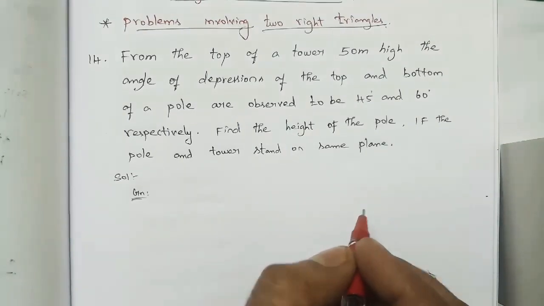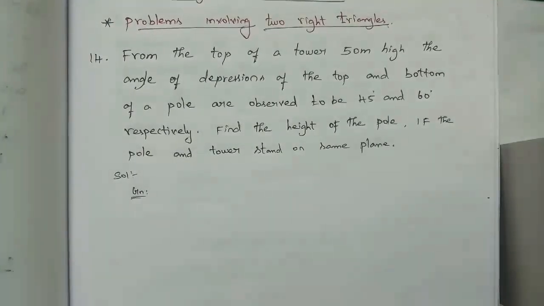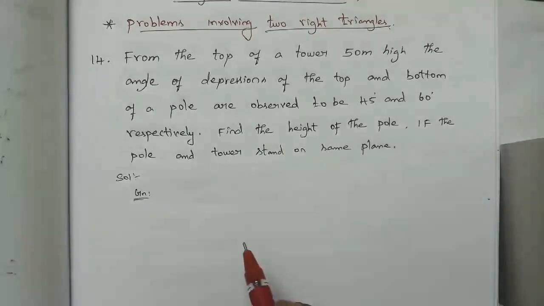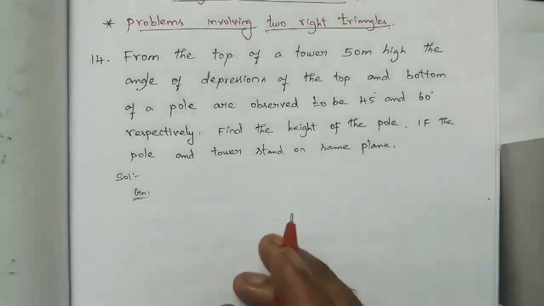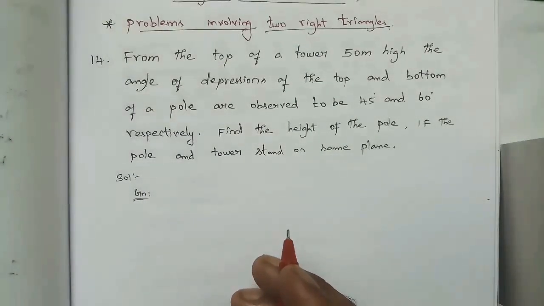There they will give two equations. Suppose they don't give any equations, then they will give the condition to form an equation. We will form the equation and by using the method, elimination, substitution, or cross multiplication, we will find the value of x and y. Same methodology, this is the hint. We are going to use it here.